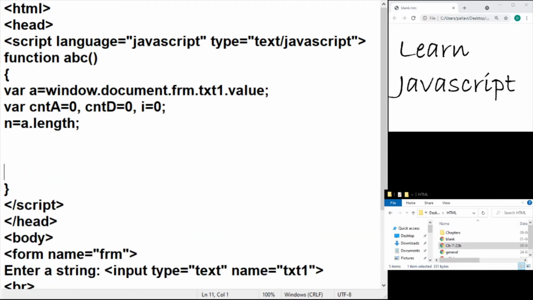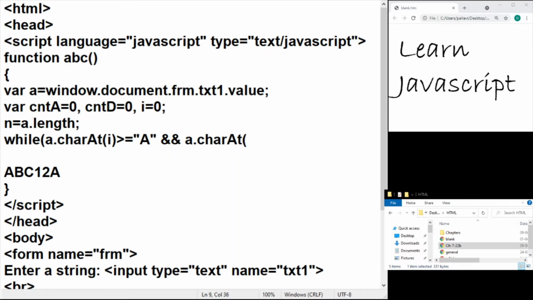Now, as an example, if I'm putting ABC 1, 2, and A, I'm going to create a loop which is going to start from the first character and continue as long as it is getting alphabets, and the moment it gets a non-alphabetic character, it will stop. So at this position, it will stop. My first while loop is going to extract the character from the ith position, and I will just make a check whether it is between capital A and capital Z or not.